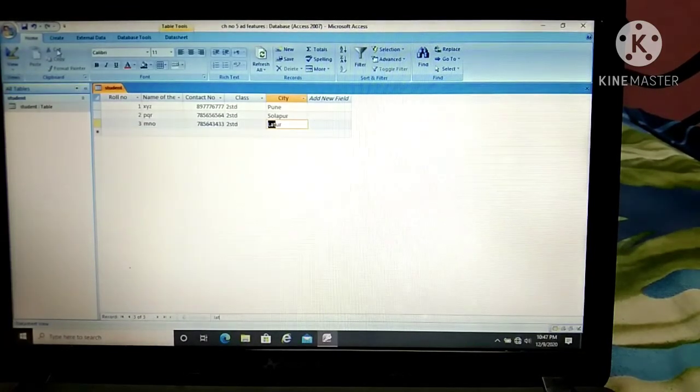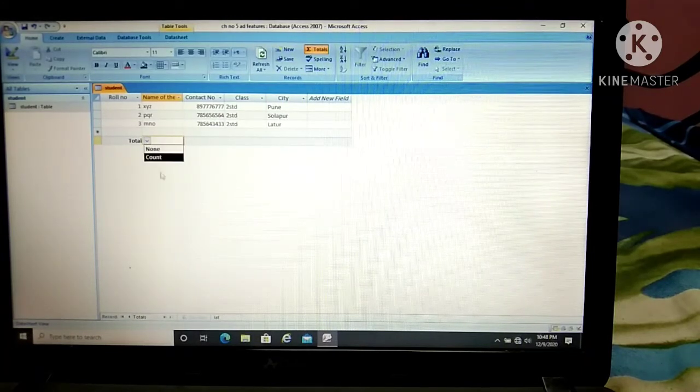See, this is your Home tab, and on this ribbon we have Totals. You have to click on Totals. When you click on Totals, one row is automatically created, and you just have to select the field which you want to total.